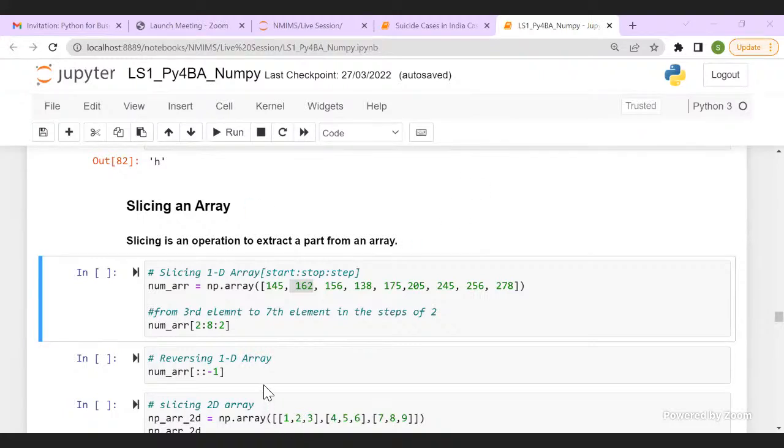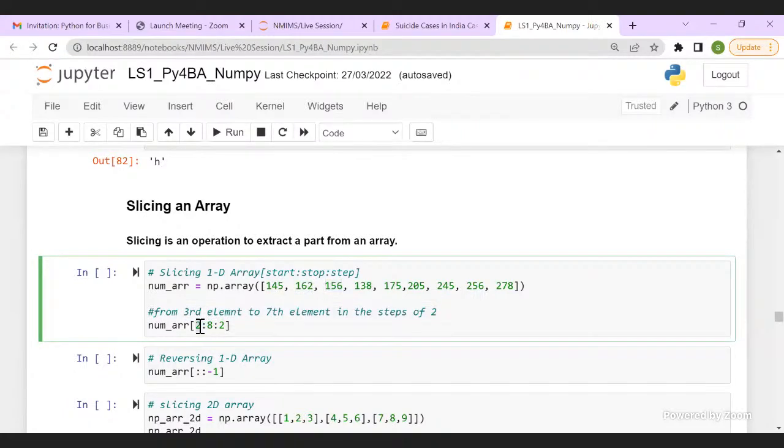Now, if I want to slice my array so that I get elements from the third element to the seventh element in steps of 2, my third element would be 0, 1, 2.